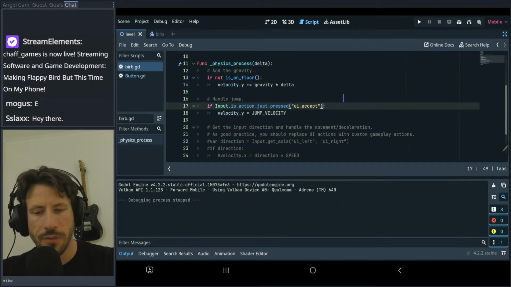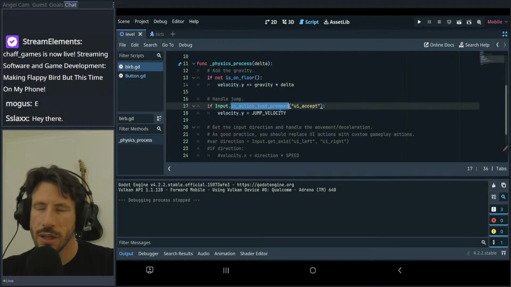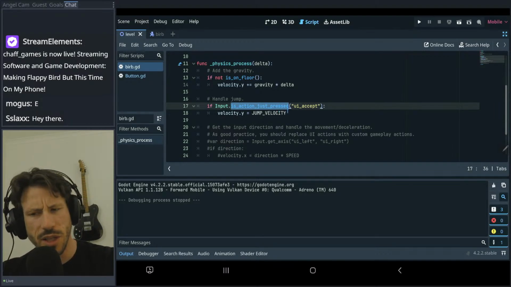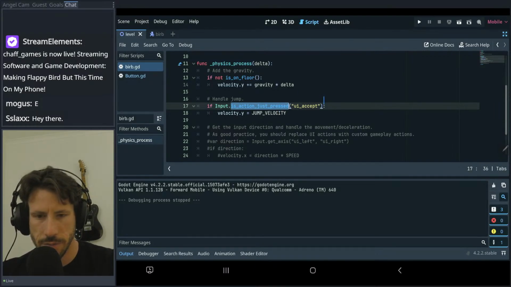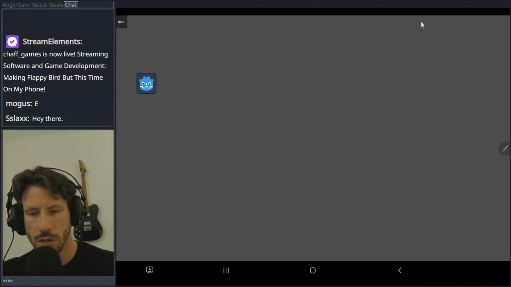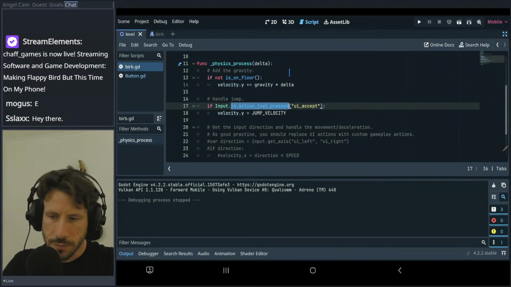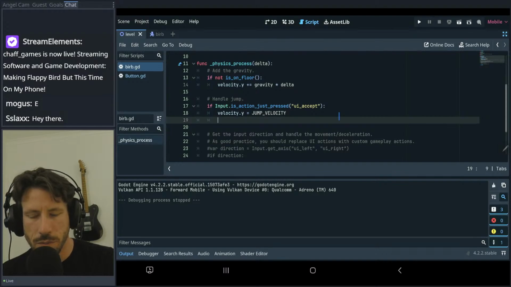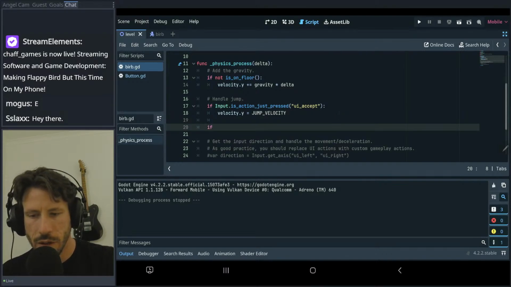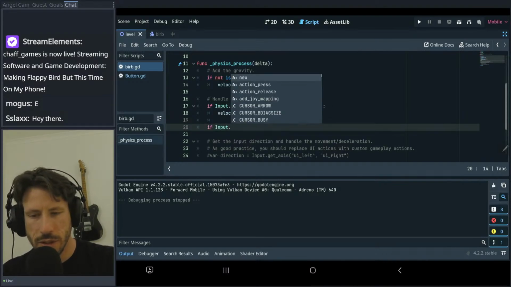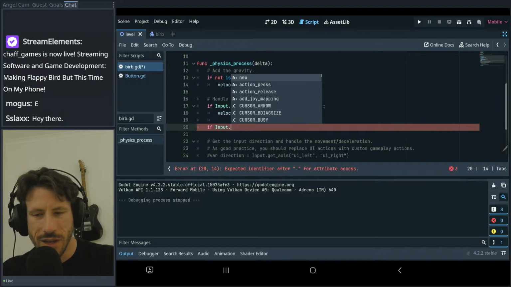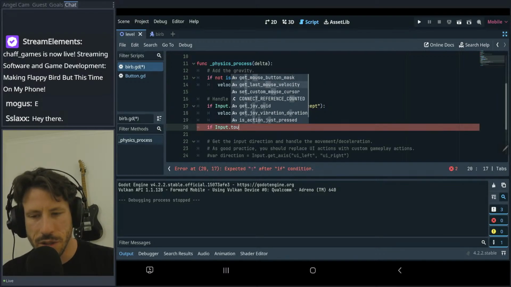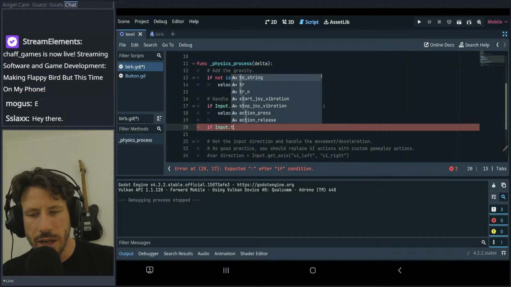Now we do have to work out how to get is action pressed to be a touch input, which is going to be the challenge, right? Does it do it by default? Does it just detect it? I wonder. No. Okay. So that is going to be probably the first thing we want to focus on. I'm just going to come down here and go if input dot touch. Is there even an input for